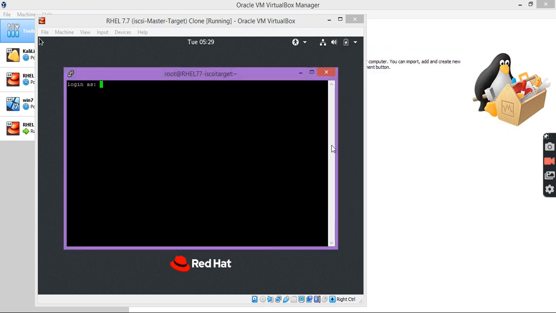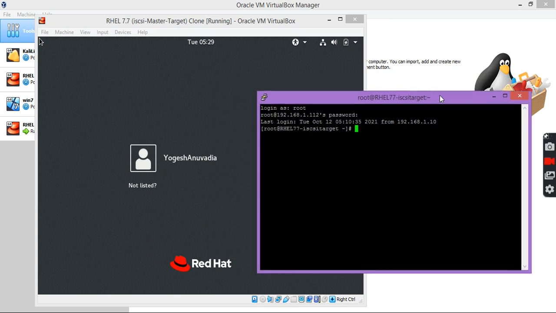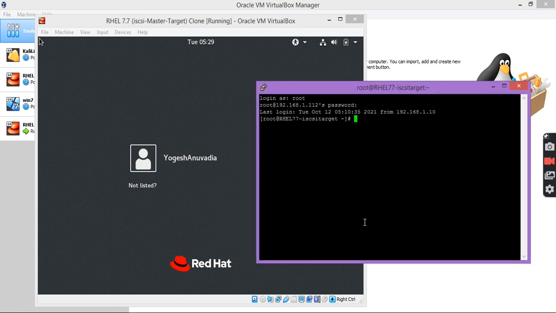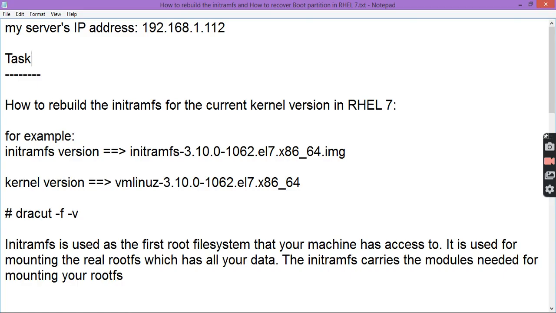So let's connect. To understand the troubleshooting process in RHEL 7 operating system, here I am going to take an example of